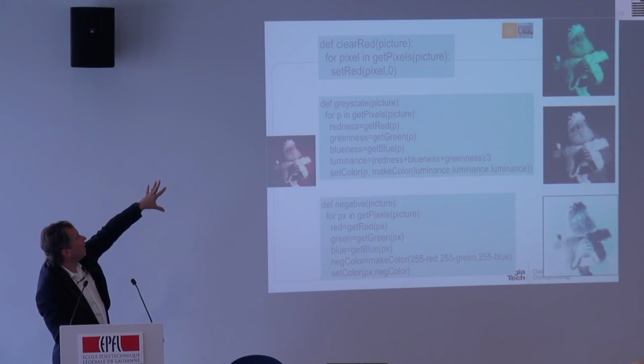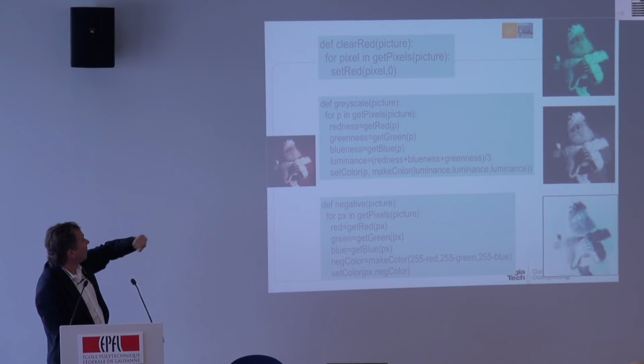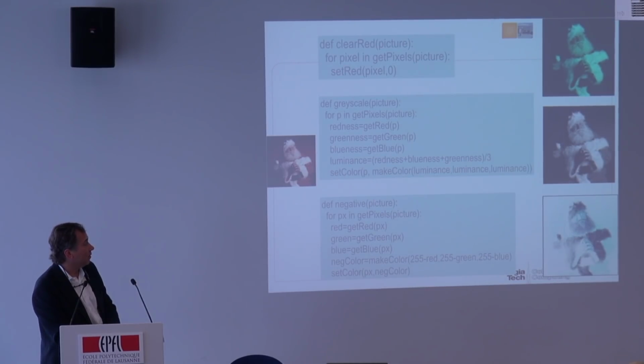We're going to write a function in Python that inputs that picture, and for each pixel in the pixels of the picture sets the red of the pixel to 0. That gives us the green-blue Santa in the right-hand corner. If we take the redness, the greenness, and the blueness and do an average of them and set the color of each of the 3 channels, red, green, and blue, to that same luminance value, we get a grayscale Santa. And if we get the negative, each of these red, green, and blue vary between 0 and 255. If we do 255 minus each of those to get the inverse of it, we get the dark elf sort of goth Santa look.